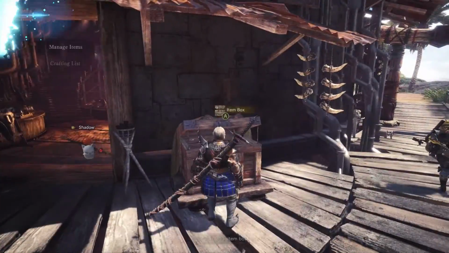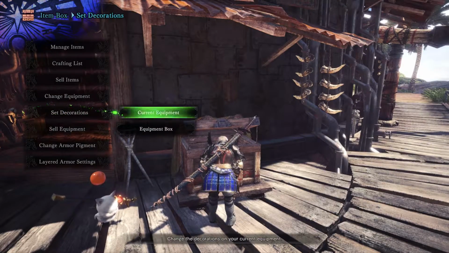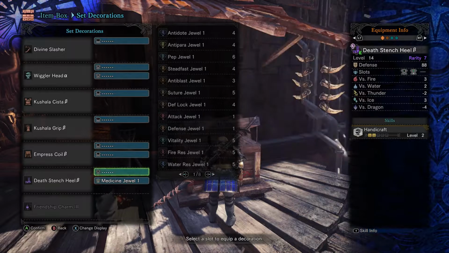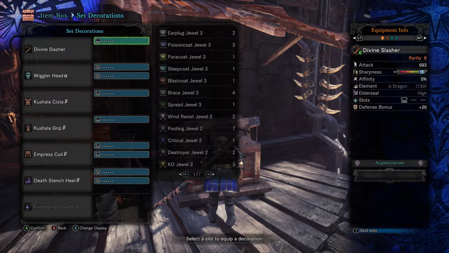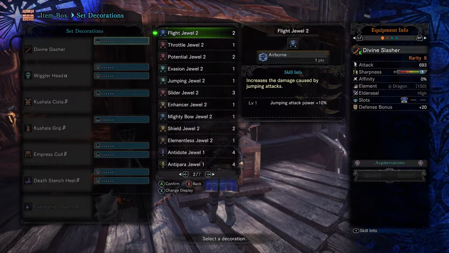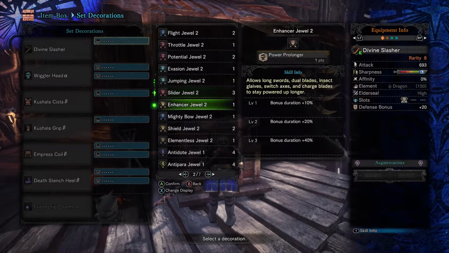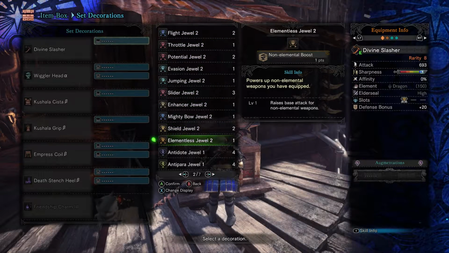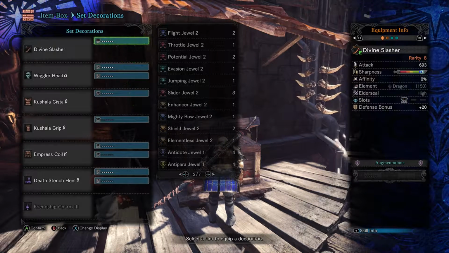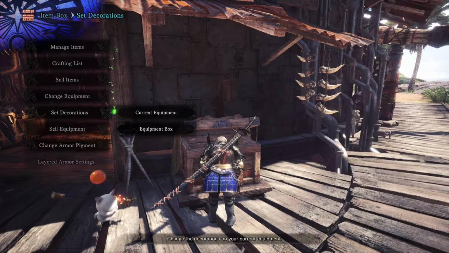Alright, so let's come over here. And we're going to go ahead and unequip all of these jewels. Though we do have one amazing jewel that I got while doing the Behemoth quest that goes very well with our Divine Slasher, and that is the Elementalist jewel. So it raises base attack for non-elemental weapons. It's a 10% boost, so it's quite nice. So you'll notice that our Divine Slasher is a 693 attack power. With this,